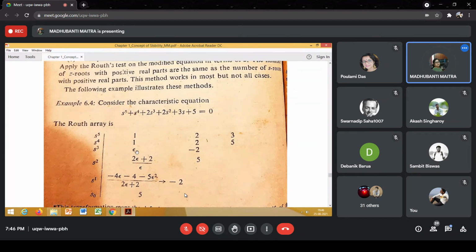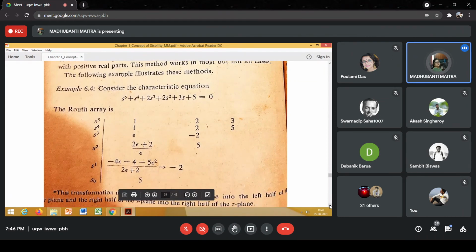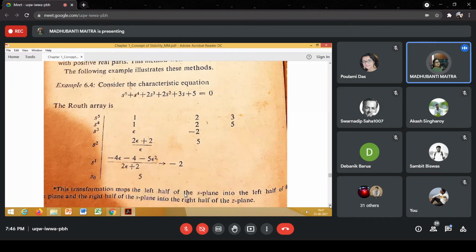Right? Since epsilon is not 0 and we have assumed this to be positive, now we can start again computing the rest of the terms of the Routh table, and yes, some of the terms will be functions of epsilon. So in terms of epsilon, putting epsilon over here, please now complete the Routh table. You don't have to look at this part, just compute the terms, then I'll explain.